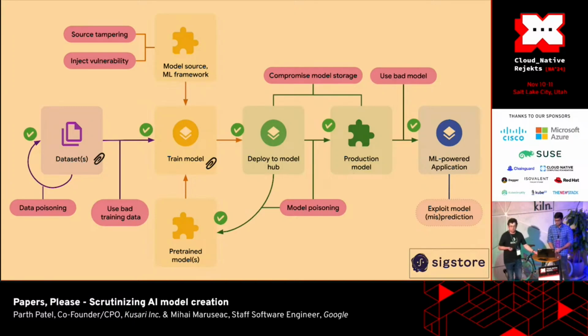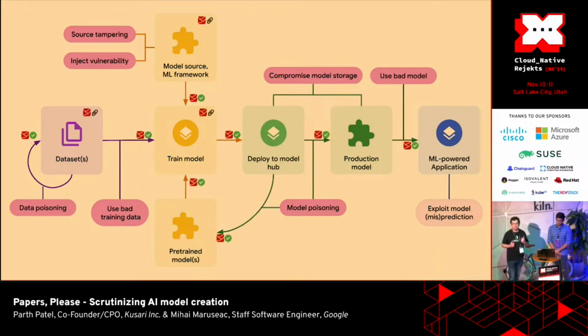We can use Sigstore for this. There was a talk yesterday about Sigstore. This is very easy. But we can go one level further because signing only tells you that the bits of the artifact are expected to match this hash, and that's all. But it still doesn't tell you who built the model and what got into the model. So that's the second part that we want to do.